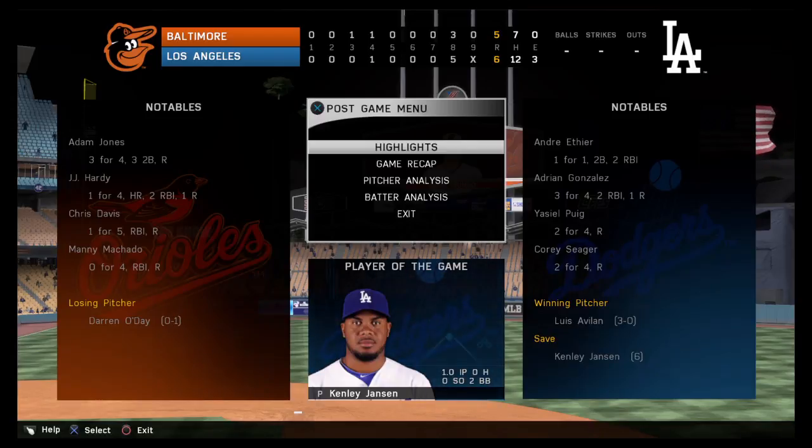The winning pitcher is Luis Avilon. Credit the save to Kenley Jansen. The loss goes to Darren O'Day. Time of the ball game, 3 hours and 28 minutes. Tonight's paid attendance, a sellout 56,000. The Dodgers